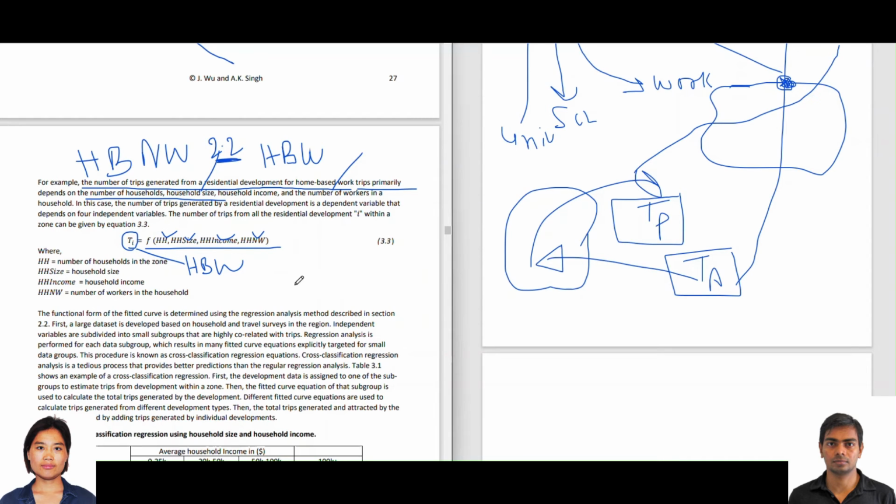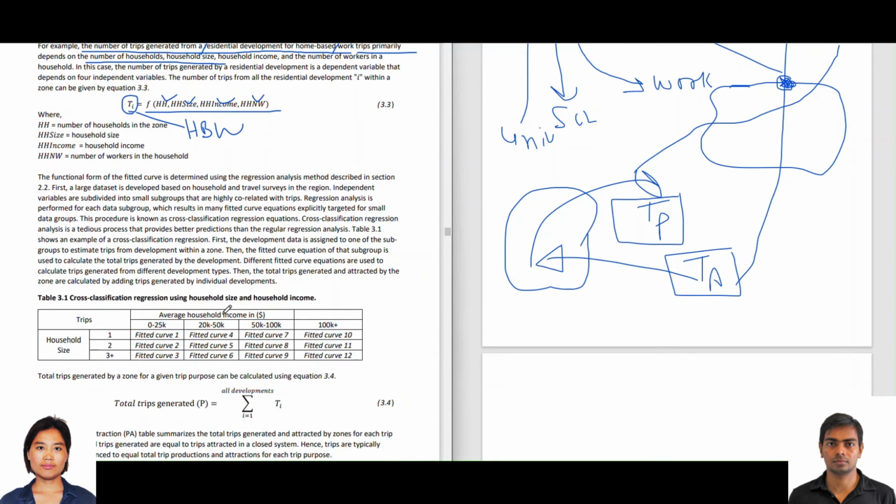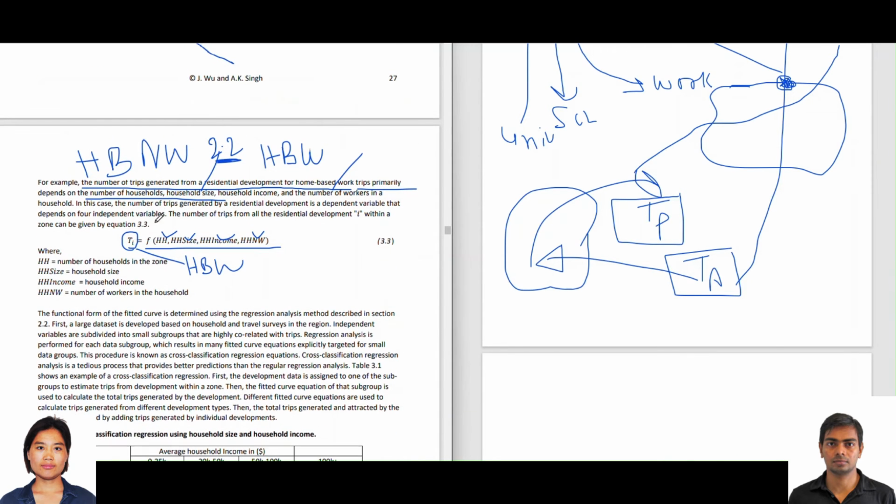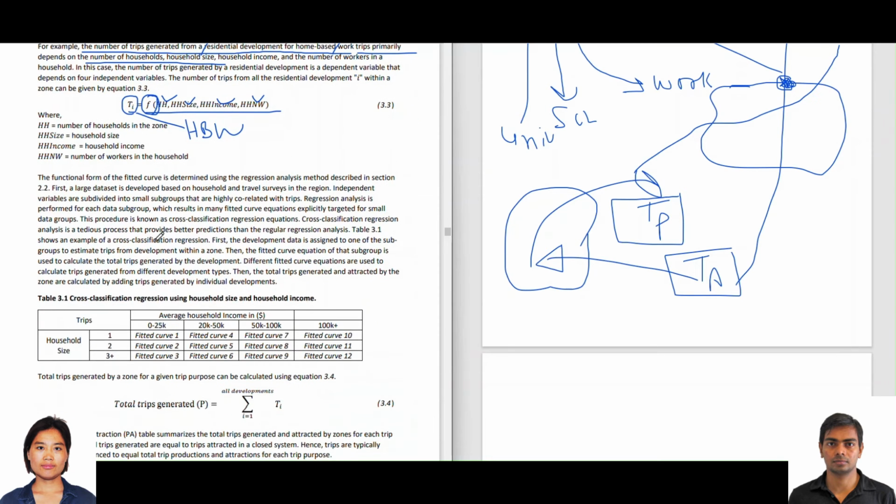So let's say we came up with an equation based on some study. So that's described next. So how is this function described? Like I mentioned, we use the statistical model to come up with this function, but there are some more complications to it, which is given below. So the functional form of the fitted curve is determined using regression analysis method as described in section 2.2,